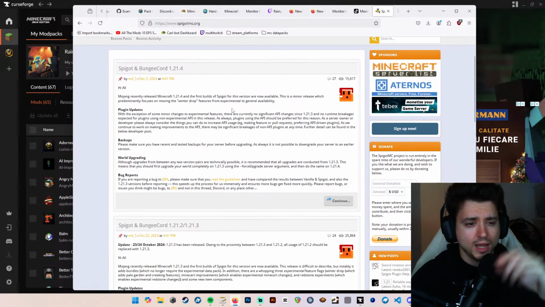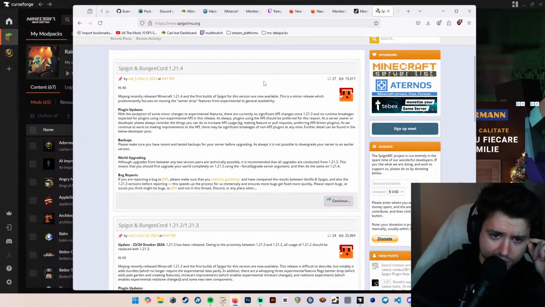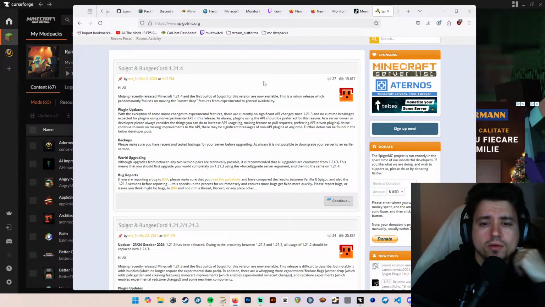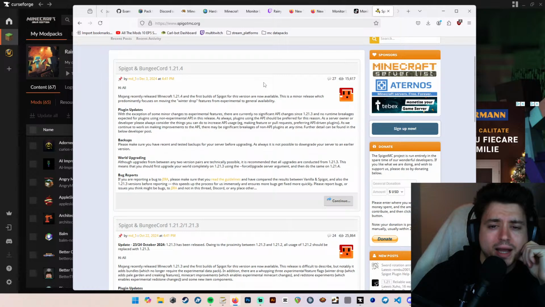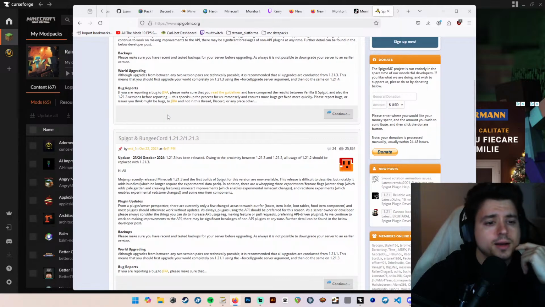Now, Mojang recently released Minecraft 1.21.4. The first bits of Spigot for this version are now available. This is a minor release which predominantly focuses on moving the winter drop. Okay. Now,